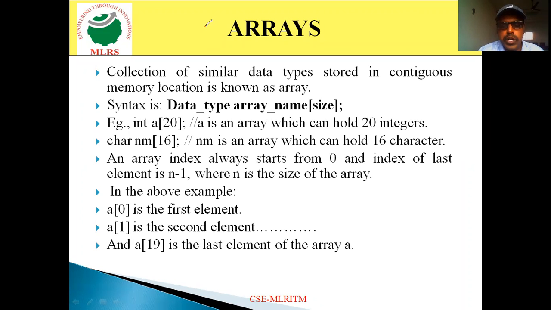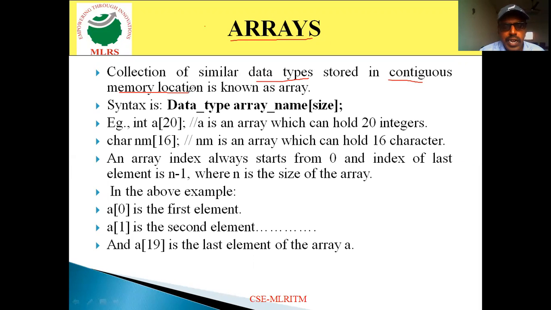To overcome this problem, we move towards arrays. Now, what actually does array mean? An array is nothing but a collection of elements of similar data types. Here we specify a group of elements that we are storing in the array, and this group of elements or values should be stored in contiguous memory locations. That's what an array actually means.